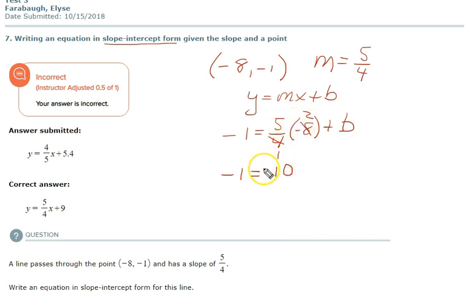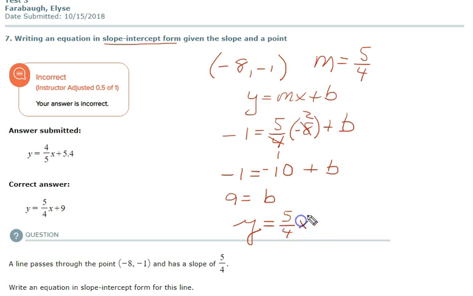5 times 2, a negative 10 plus b. Now I transpose this negative 10 over. On this side it becomes a positive 10. And a negative 1 gives me a 9. So b equals 9. So now I can rewrite this equation, y equals, I know my slope,